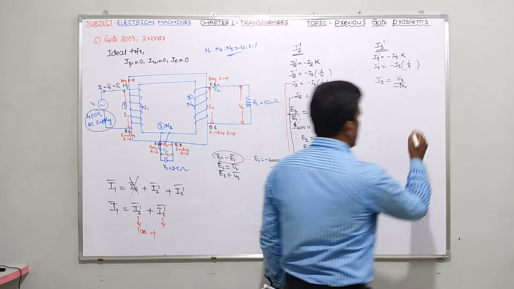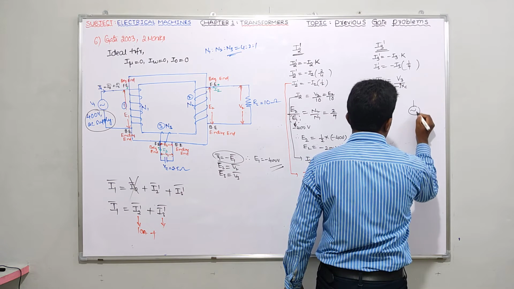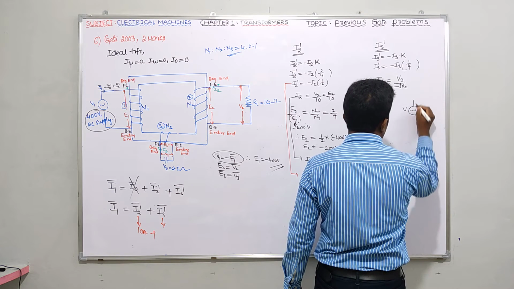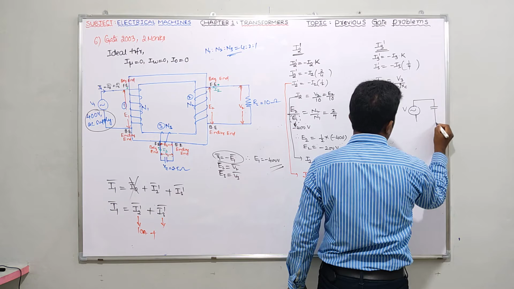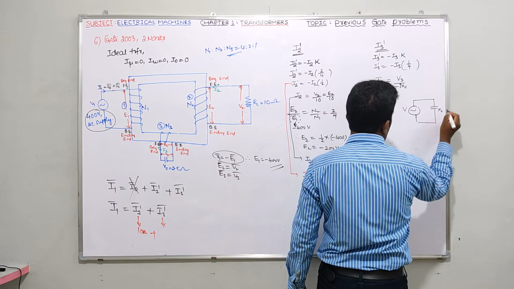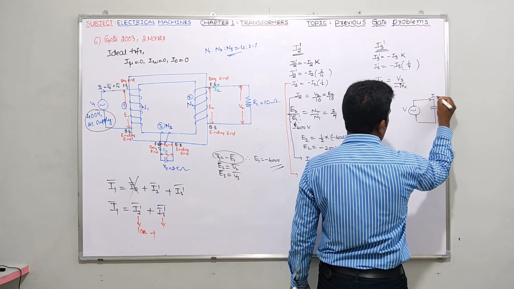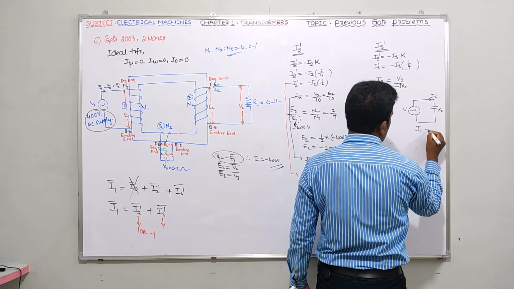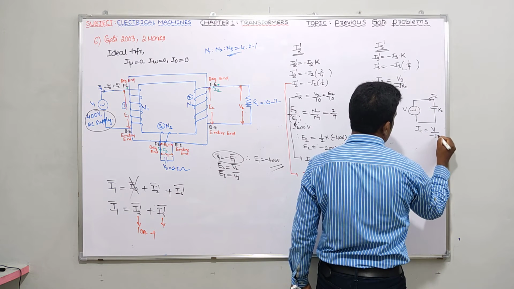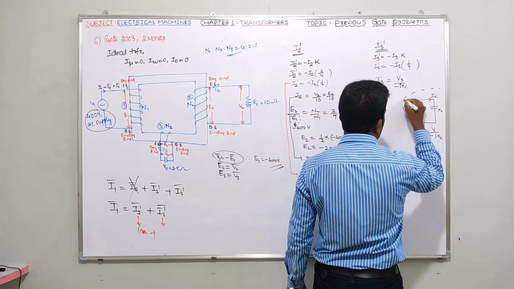If you want, I can write it here. Suppose the voltage is simply V, across a pure capacitor, and let me take its reactance as XC and the current flowing as IC. The current flowing through a pure capacitor, IC, equals V by minus jXC is the formula. Please don't do it wrong.